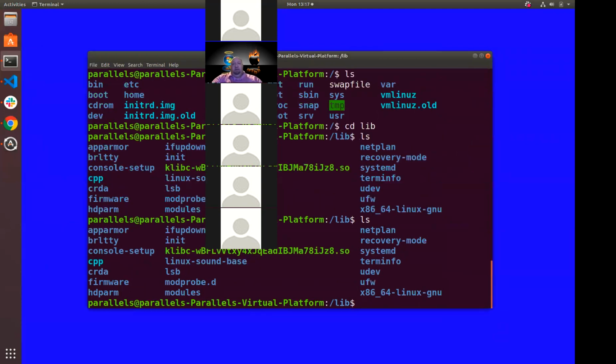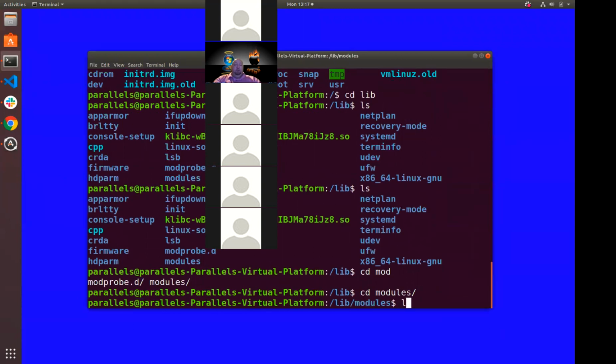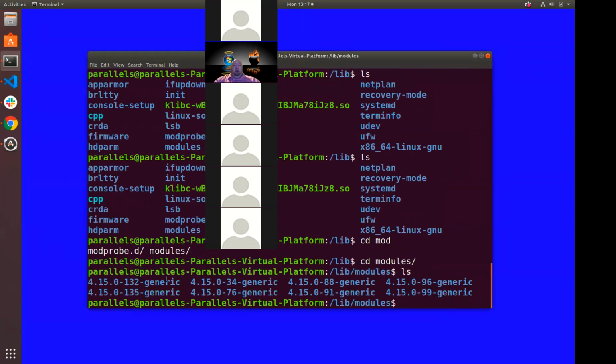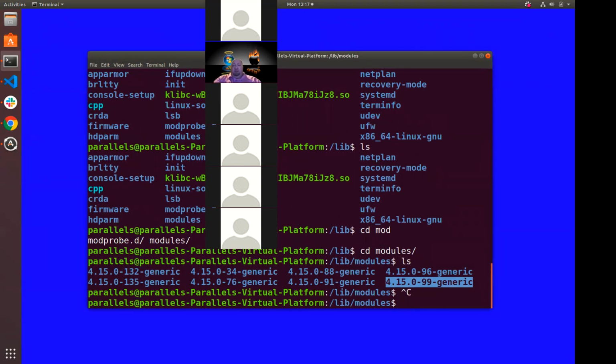Yeah, so here in the lib folder, we have a modules folder. So here are the modules that are currently, well, here's submodules for this. So these are based on the